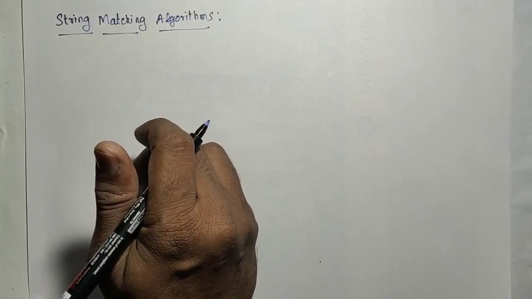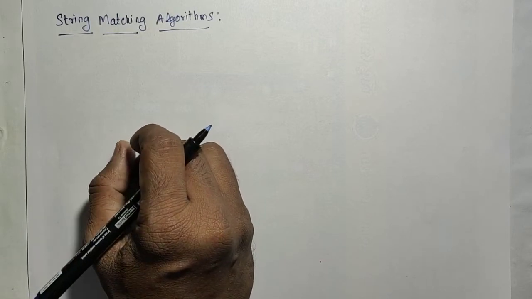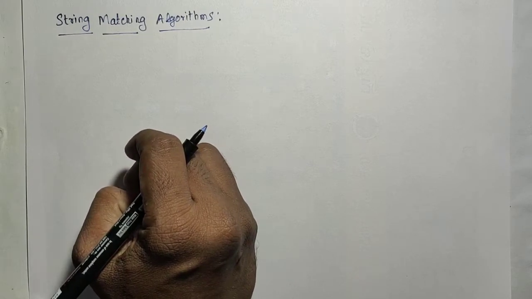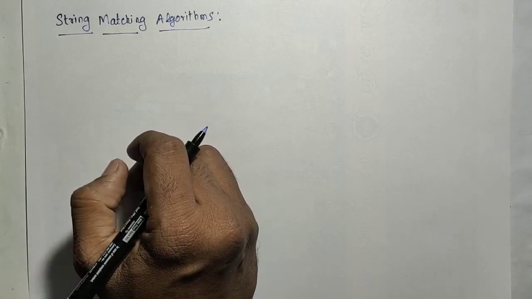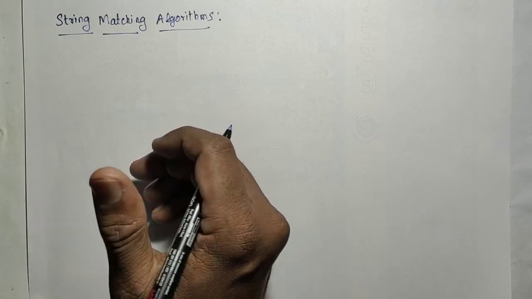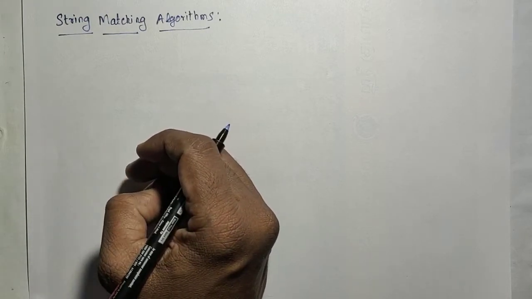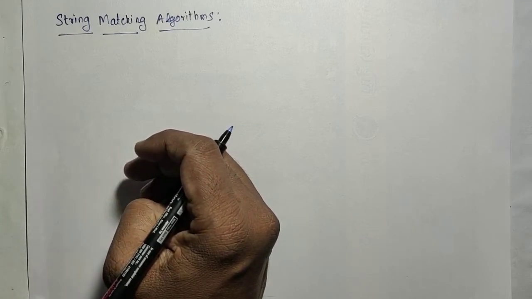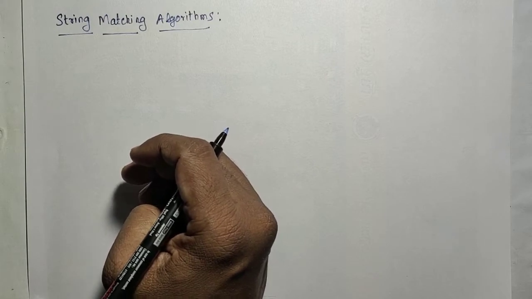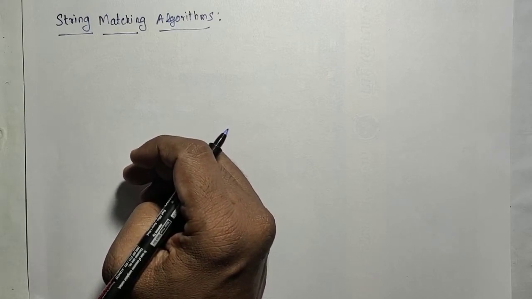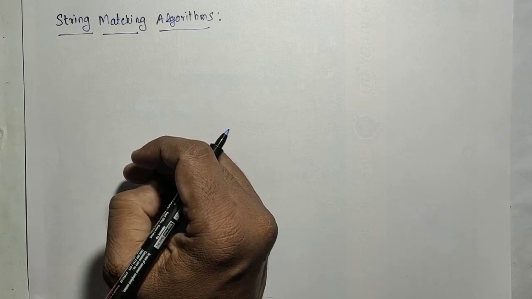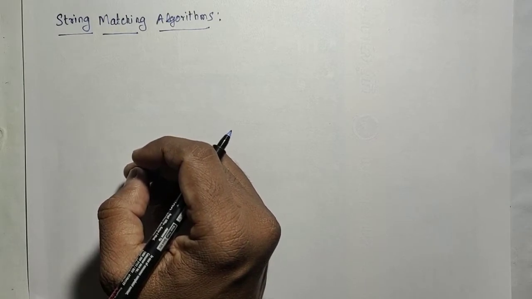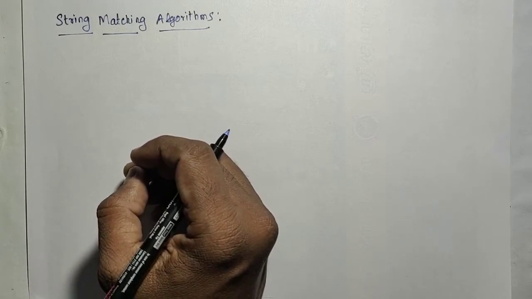In this session, we will start the string matching algorithms. So here the problem is finding a string from a main string, that is, searching a pattern in the main string. Okay, the problem is very simple, a very direct problem. The objective is to find a pattern in a main string. The input is two strings, the main string and the pattern to be found. We need to write algorithms for finding the pattern in the main string in an efficient way, how to search it.